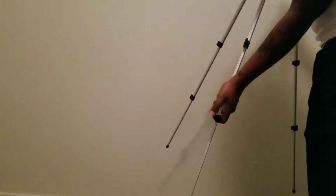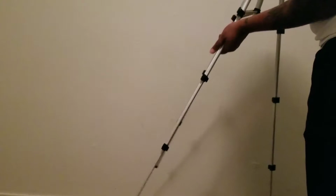Just check to verify. Okay, that part is actually stuck, and I have the lock leg open. Okay, let's see if it can work by going up a little bit higher for the 50 inches. Okay, no it doesn't. So yeah, and there's no lock on a leg, so you can actually put this up higher. Let me just check